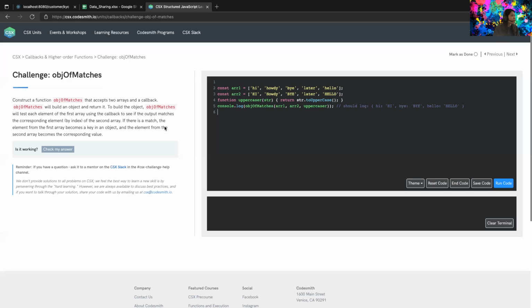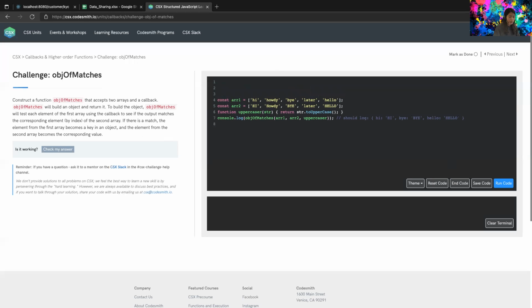If there is a match, the element from the first array becomes a key in an object, and the element from the second array becomes the corresponding value. So what we see here,